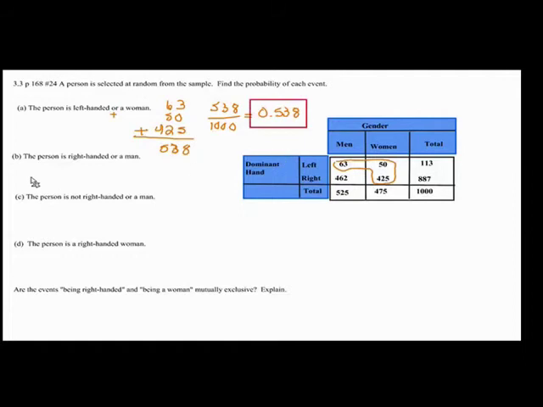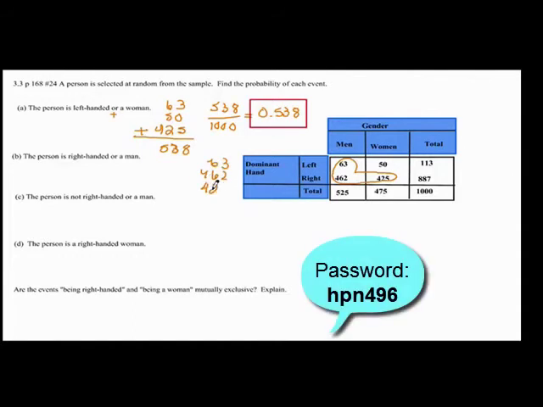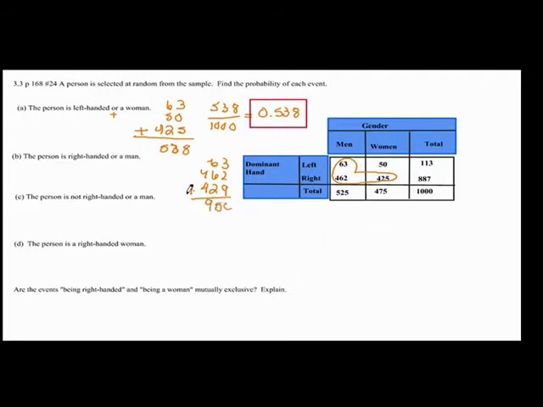Let's take a look at part B. The person is right-handed or a man. So very similarly, the person is right-handed over here where they've got the righties, or a man. So "or" again means we're going to add the right-handed and the men. So that's going to be 63 plus the 462 plus the 429, and that would give us a total of 950, an awfully large amount. And so 950 out of 1,000 is going to give us 0.950, or 95 hundredths,